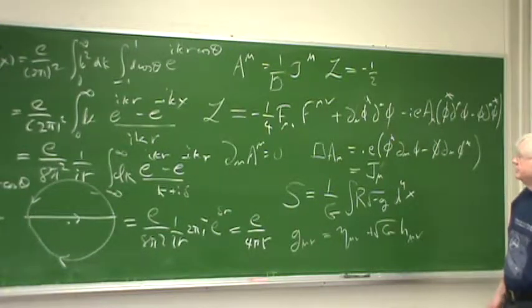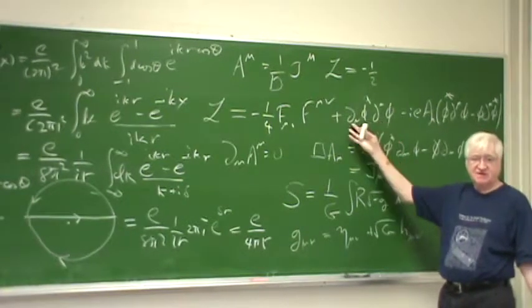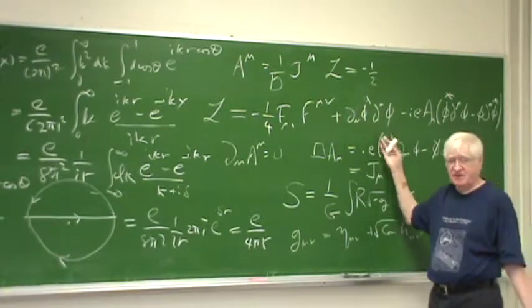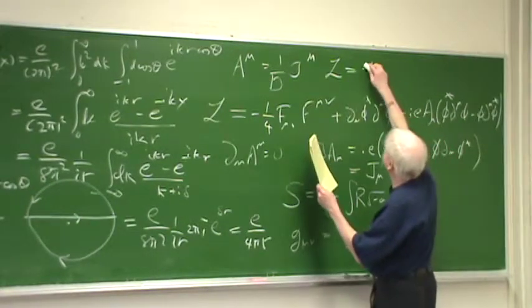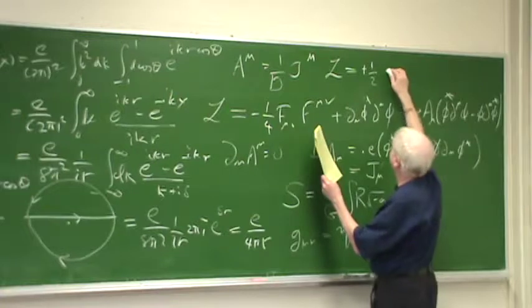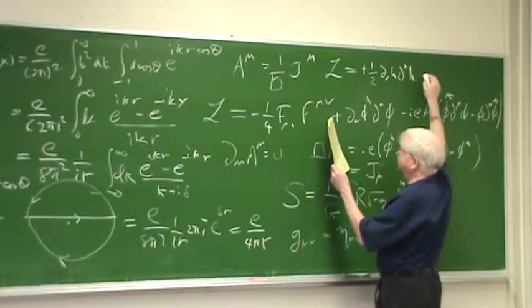And that's why it's minus with the box, because when you integrate by parts, you get a minus. So, in other words, if you had something like a half d mu h, d mu h,